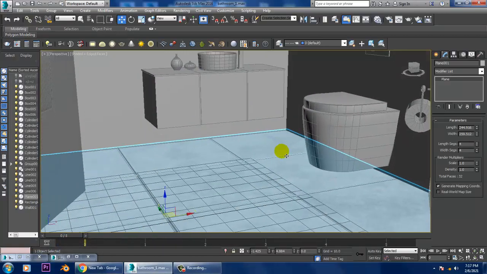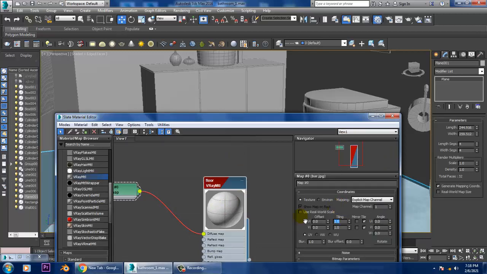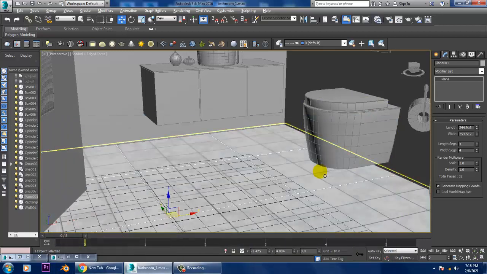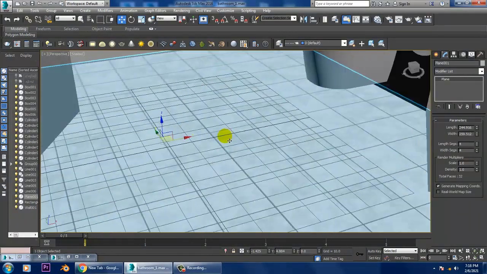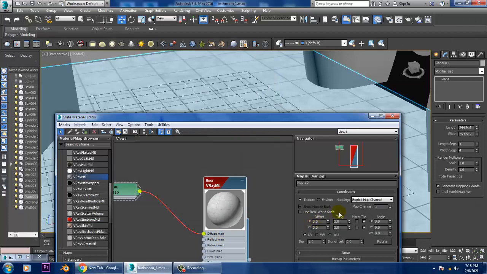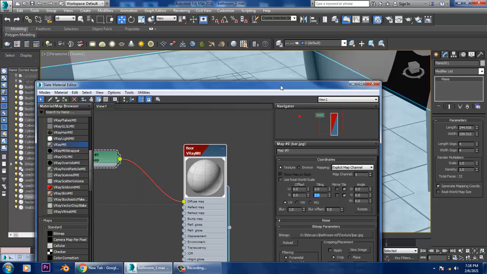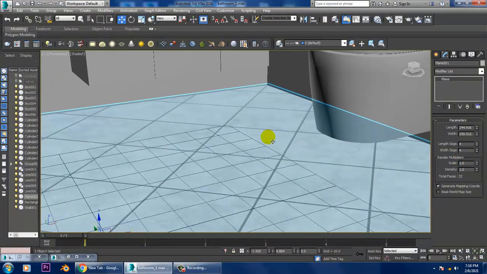Once you have assigned it, let's go into material and give some tiling to it. So 3 by 3, don't make it much smaller, because for the bathroom you can take the bigger tiles. So let's make it 2 by 2. And also you have a property over here for rotating it. If you feel like rotating it, I can just rotate it in this way. So if you want it in this way, you can do that.